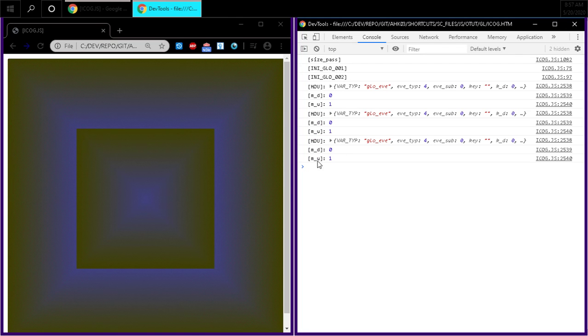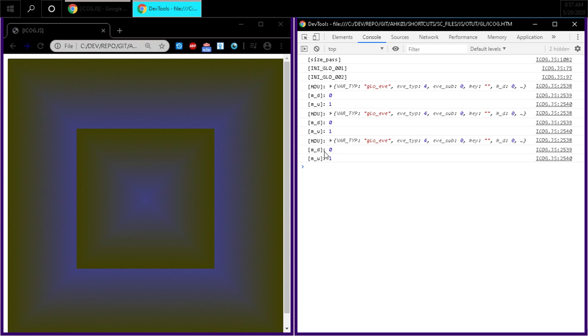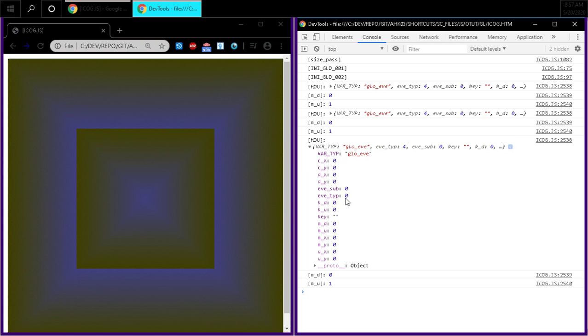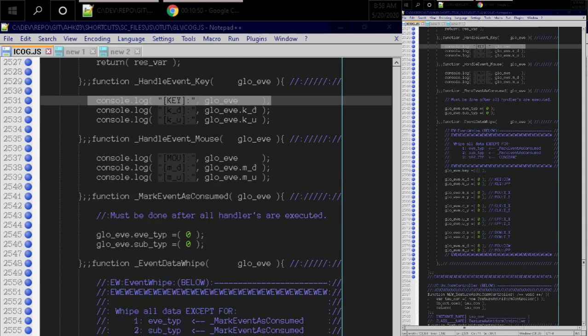For instance, right now you see mouse up here, but if we go in here, you'll notice that everything here is erased, including the mouse up and mouse down, which looks kind of confusing because we have mouse up set here, so why is this all zero? This is all zero because of the erasing of the event after we're ready to recycle it. So the event